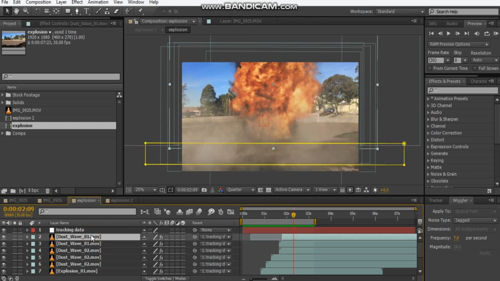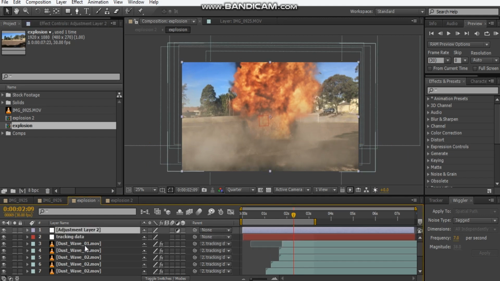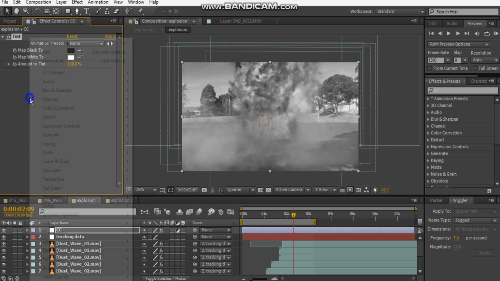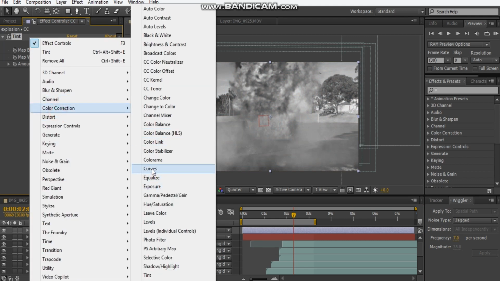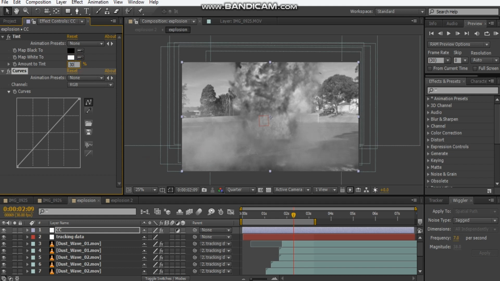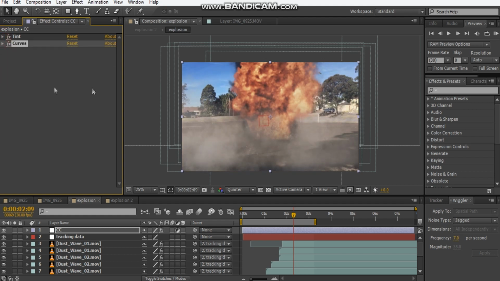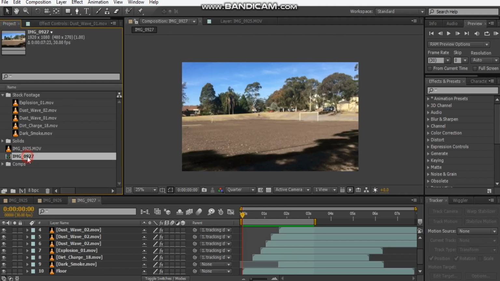and finally let's do some color correction. So Control Alt Y for adjustment layer, hit enter, CC for color correction, hit tint, color correction curves, bring that down to maybe 30%, maybe 25, and add a little contrast to it. Not too much though, because we want the dust elements to match the background as well. Okay, so that's it. So this comp, we'll call this explosion,